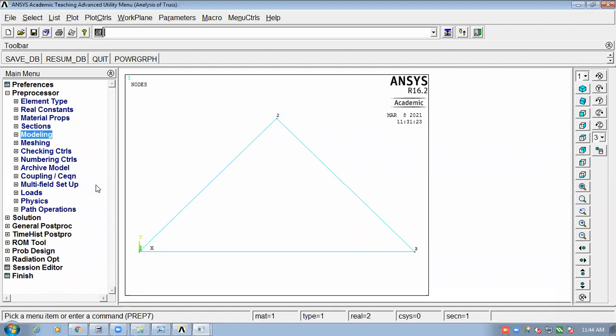See, where do we do that? Tell me, where are we setting the boundary conditions and applying the loads?